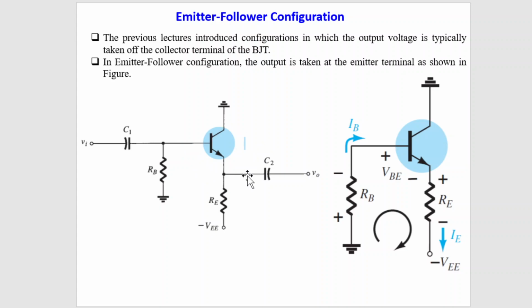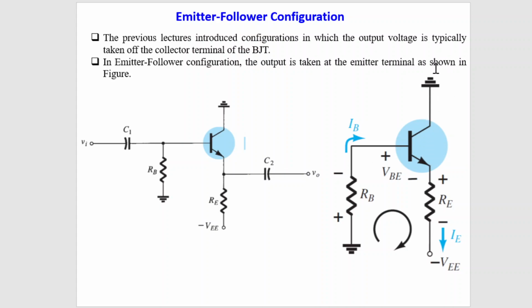Basically, we know that the base emitter junction should be forward bias. So here we have not connected any power supply to the base. That means this is zero potential and this is negative potential. That means emitter is negative potential. Now basically this base will be at positive potential with respect to emitter. So this base is positive and emitter is negative. So VBE, that is in forward bias. So that is what we want.